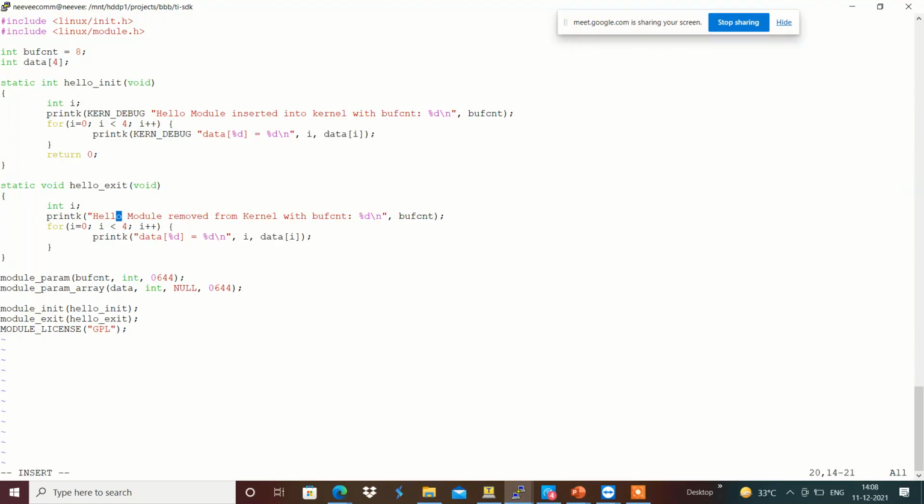The same way I'm going to use KERN_DEBUG. These are all the debug messages.